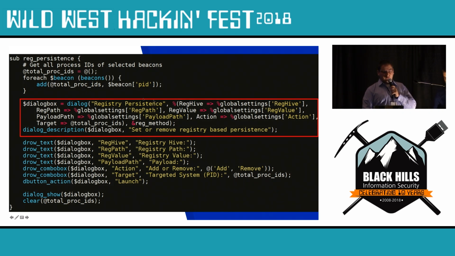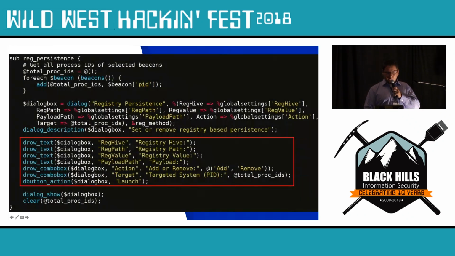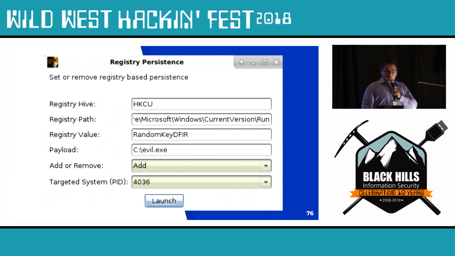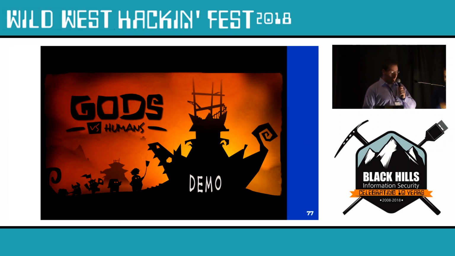So such as registry persistence. Where else are we? Sorry, I'm trying to think. Like what hive are we looking to target? What is the value? What's the path to the payload that you want to run? Right down here is where those boxes are actually being created, and we're still giving some of the information required to build that pop-up menu. And then down here we're telling it to show the pop-up menu, and once it's done, clear the array of all that data that we stored inside of it. So again, this is that registry persistence, and this is what all of that code is going to look like. So let's give a quick example.